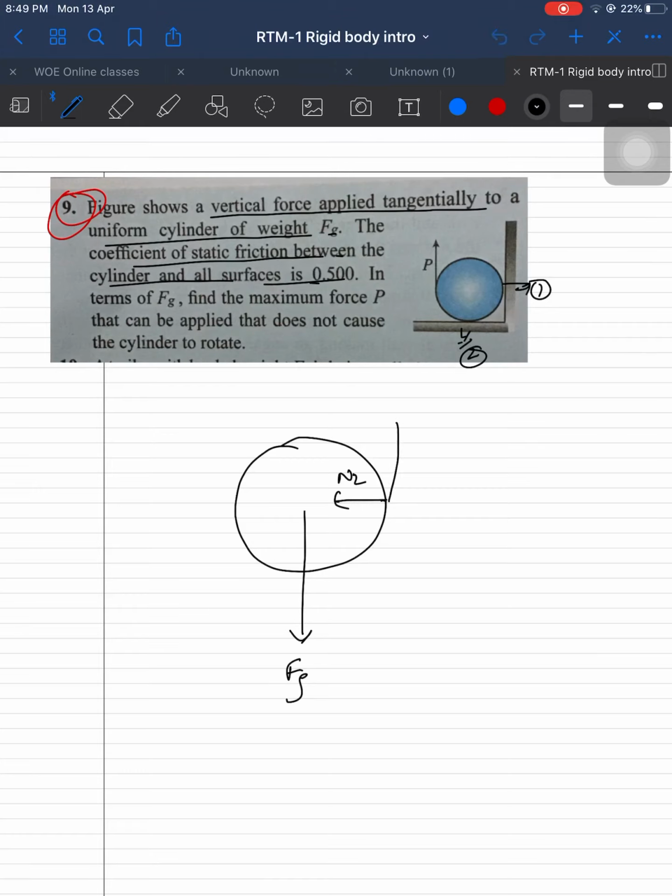and friction will act, so force is acting in this direction, P. When will P be the maximum force? When all the frictions are opposing it. The friction, say F2, is in the opposite direction, and F1 is also opposing, because it tries to rotate in this direction. F2 makes the body rotate in this direction, F1 also makes the body rotate in the other direction. If all the forces are opposing, then P will be maximum. Understand? Okay, Fg we got,